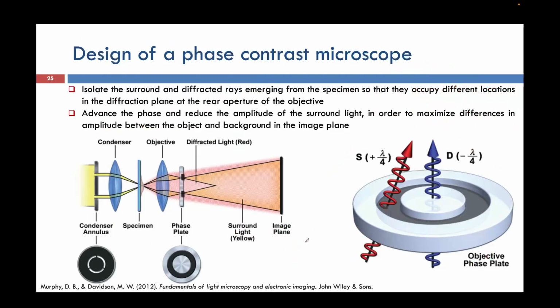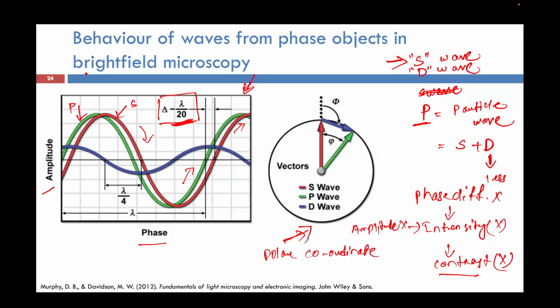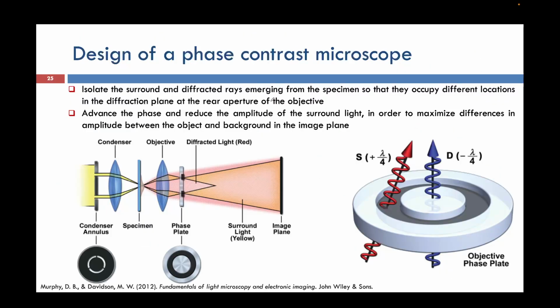Okay, and then that is why I need to design something else. I cannot simply put the light on my specimen and try to see what I can see in the image plane. Why? Because in that way I will not be able to get much difference between my deviated ray, my undeviated ray and my resultant ray, because there will not be enough phase difference and there will not be enough contrast difference. Then how will I see what features are there in my object? Then what do we do? We put something called a phase plate and a condenser annulus in